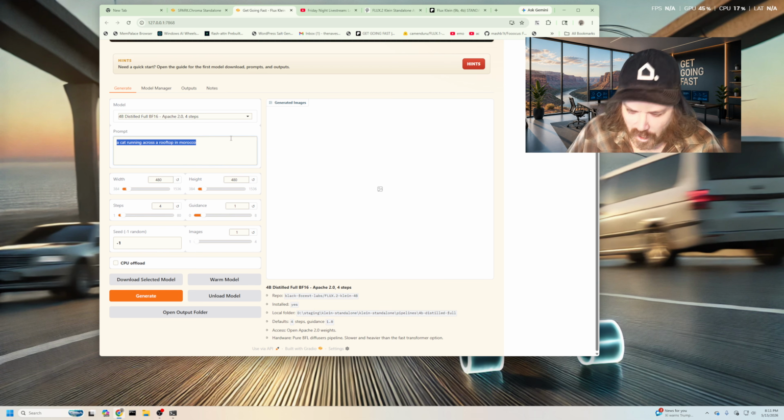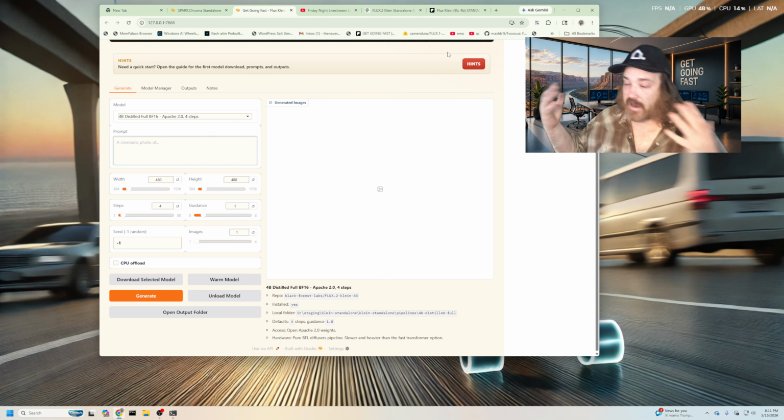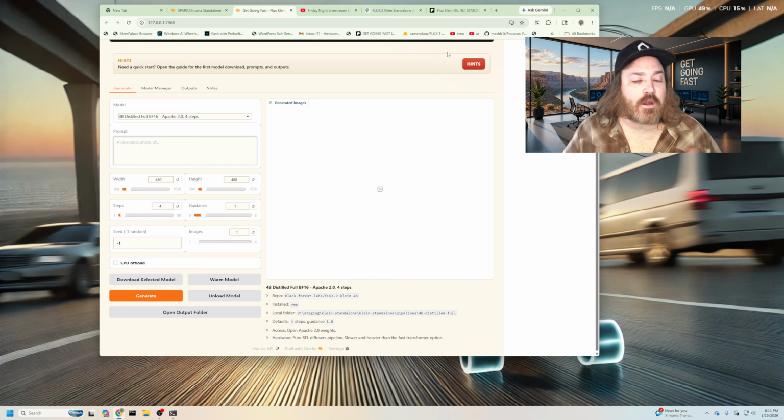Okay. What I'll do is I'll take that over to ChatGPT, and then I'll just say, hey, expand this and be very descriptive. And usually it will give back about 2 paragraphs worth of stuff. And that, I'm going to be honest, is the key with Klein. Klein is all about good prompting. The better the prompting, the more fantastic the image that you're going to get. Okay. That being said, hey,